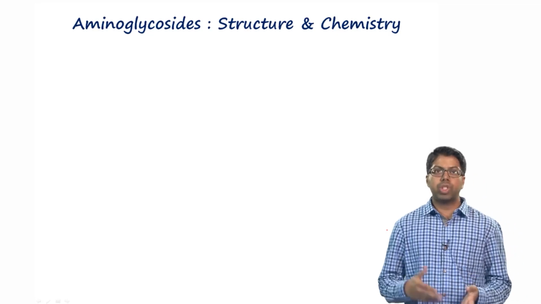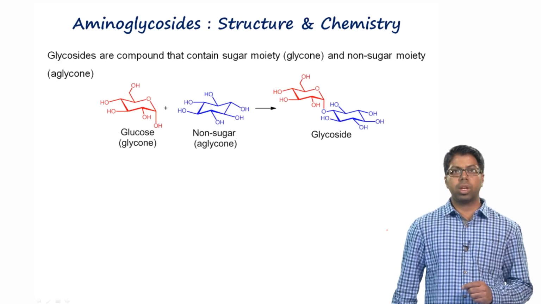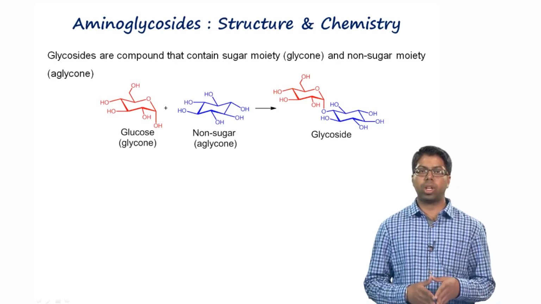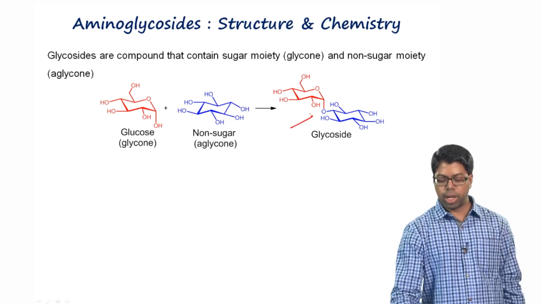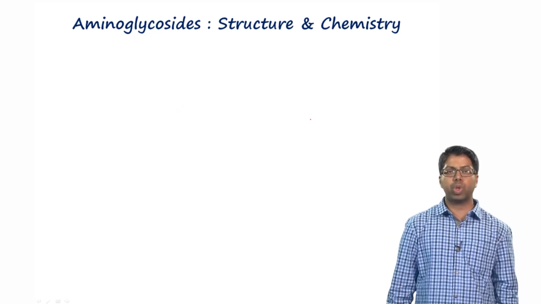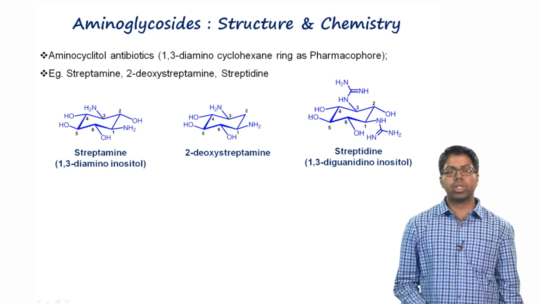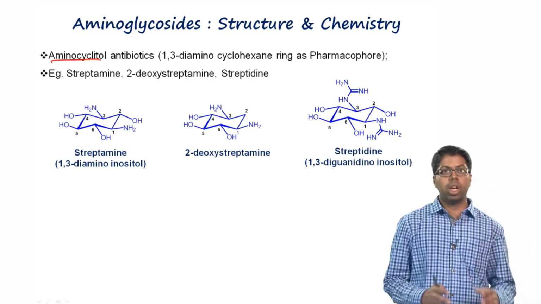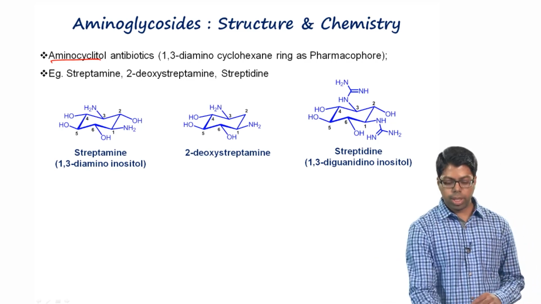Before going into the chemistry aspect of aminoglycosides, let me remind you what the term glycoside stands for. Glycosides are compounds that contain a sugar moiety called glycon and a non-sugar moiety called aglycon, and these moieties are linked by a glycosidic linkage, and that is why it is called glycoside. Aminoglycoside refers to the compounds that contain a sugar moiety called glycon, which is glycosidically linked to aminocyclitol, which is an aglycon moiety here. Aminocyclitol is a basic pharmacophore present in the aminoglycosides, and these are some of the examples